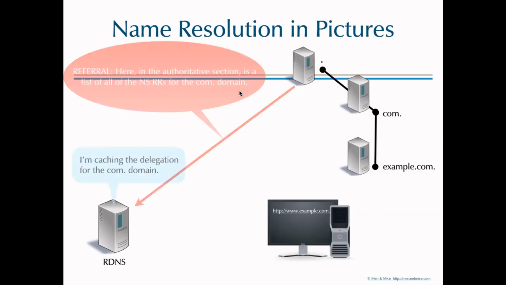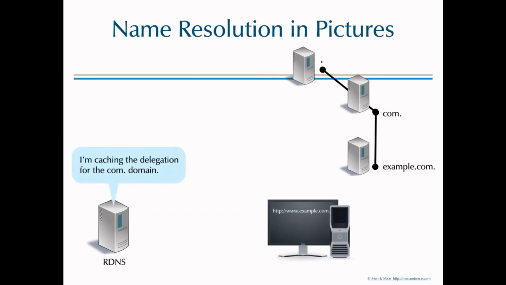Okay. So he's going to take that information and he's going to put it into his cache. When the root server sent it back, it came with a time to live. Maybe that time to live was 3,600 seconds, 1 hour. So for the 3,600 seconds, he's not going to have to look up something in the com domain. He'll be able to go straight to the com servers. Okay, so that's storing it for the future, helping for another query. Doesn't help us now, but he takes one of those servers that came back,